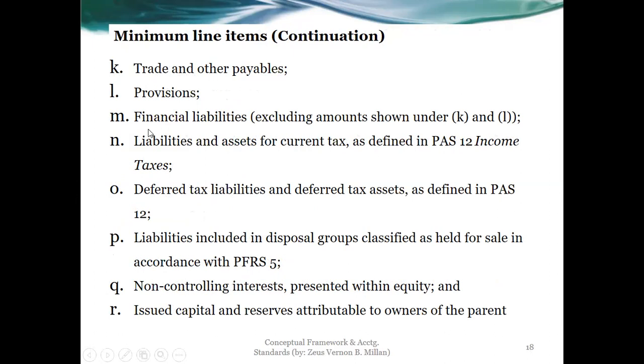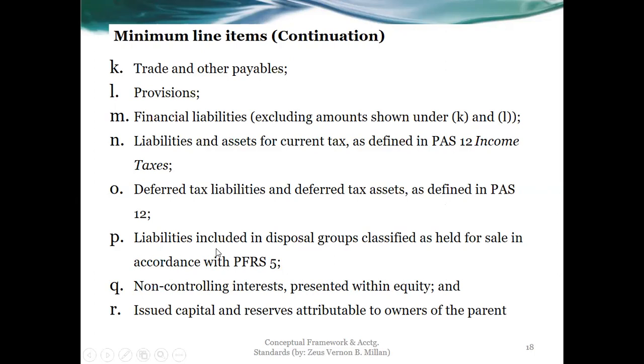So K and L and M, actually, as well as N, could be for normally current liabilities, except for M. M could also be non-current. So of course, if it goes beyond the 12 months or normal operating cycle, whichever is longer, then that's going to be non-current. Deferred tax liabilities and assets should always be non-current, as also in accordance to PAS or IAS 12, income taxes. Then P under PFRS 5, so this would be current